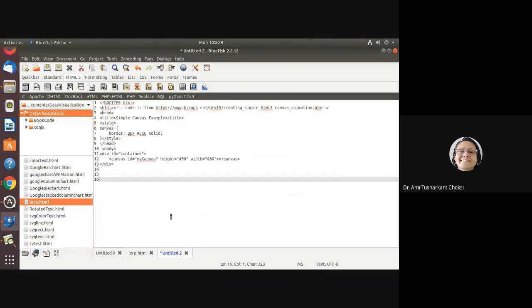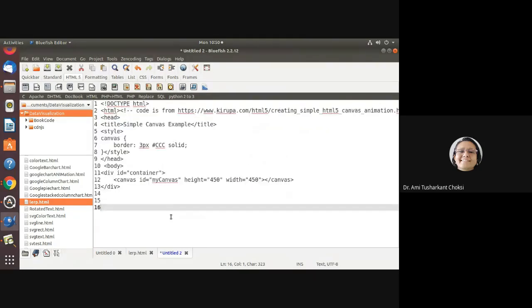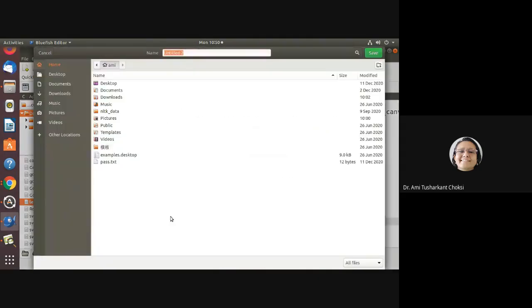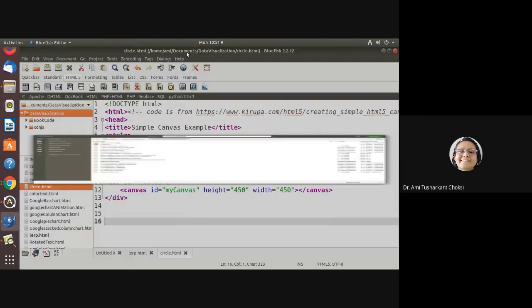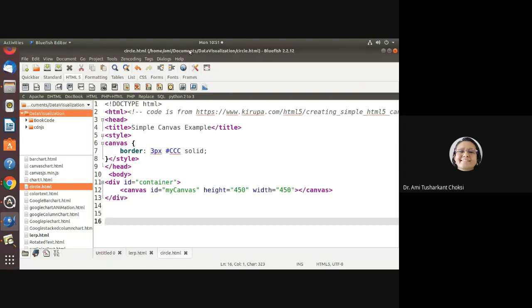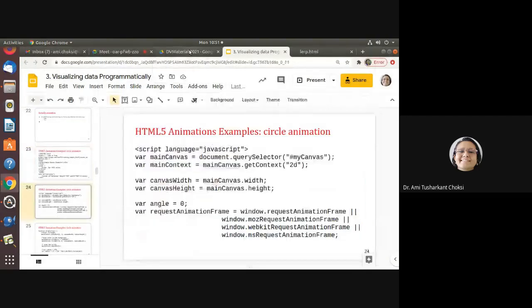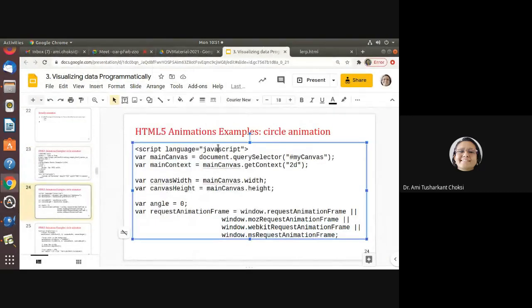I'm pasting the code for the circle animation, and I'm giving the file name as circle.html. Now let us copy the other code.